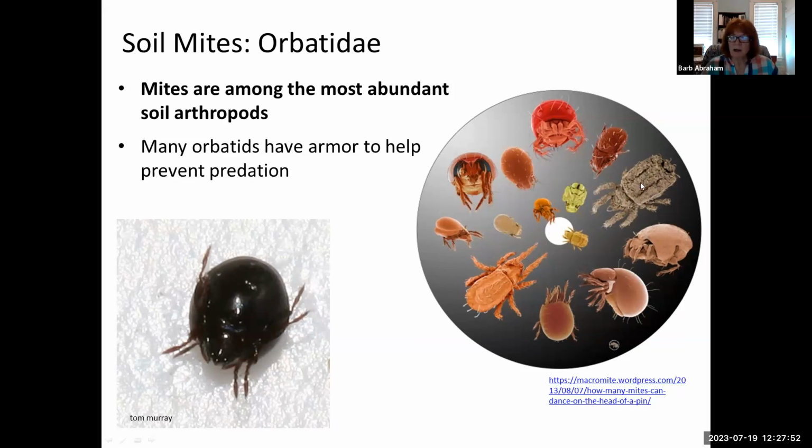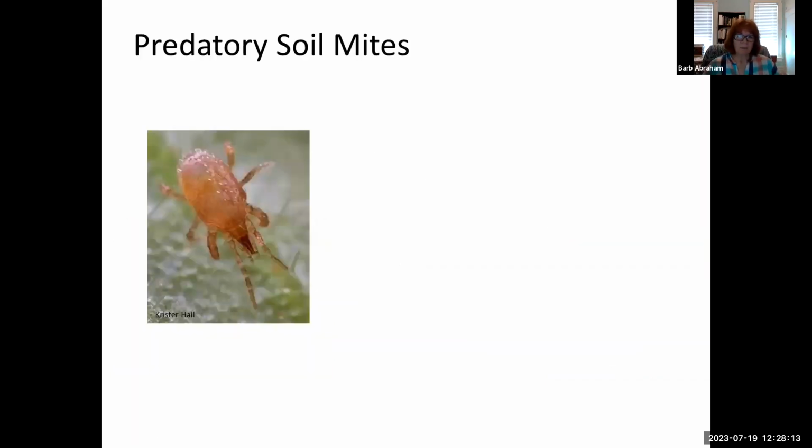And I think there's a couple of these in one of the slides that I'm going to show you at the very end. But look at all the different kinds and sizes of these mites, but they're all very tiny. But the oribatids are beneficial in many ways. Here's a predatory soil mite. They seem to have a larger front end rostrum, the better to stick their mouth parts into smaller or even larger arthropods in the soil.